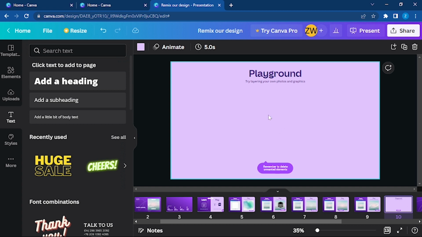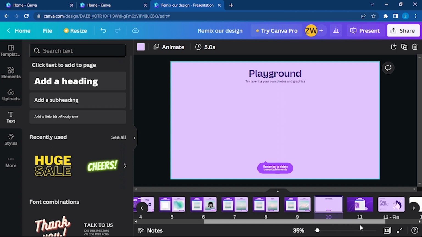Playground. Try layering your own photos and graphics. Here you can delete your unwanted elements as well. Here now you can try to layer your own photos and graphics and see how it looks. Once you have done that,